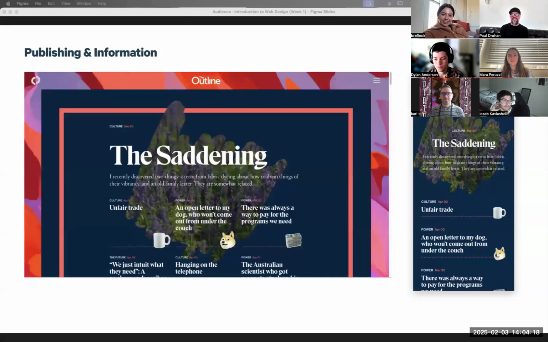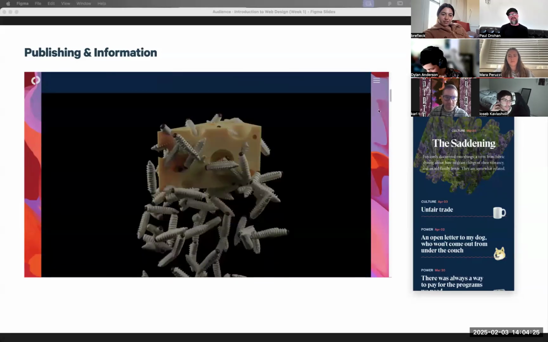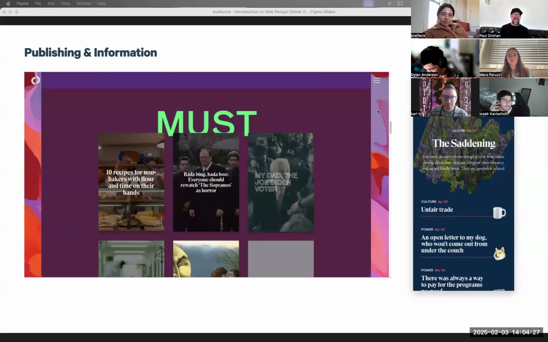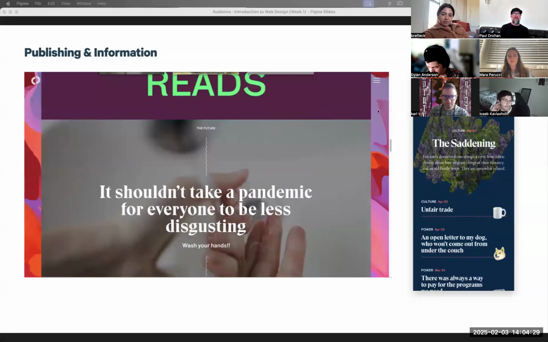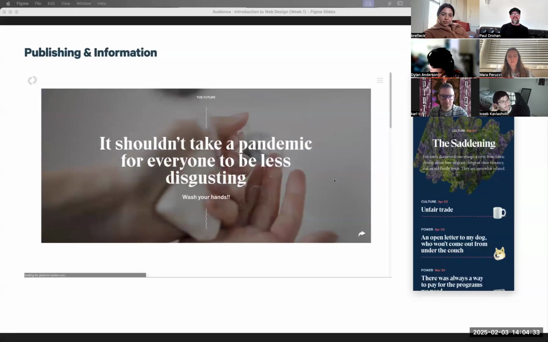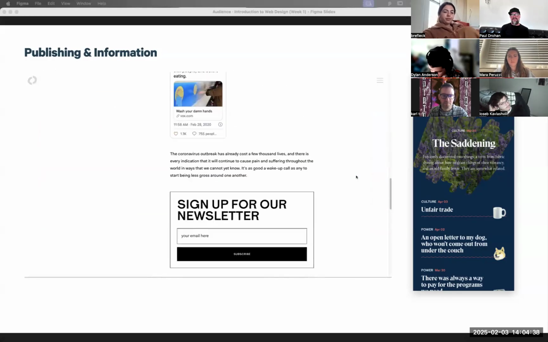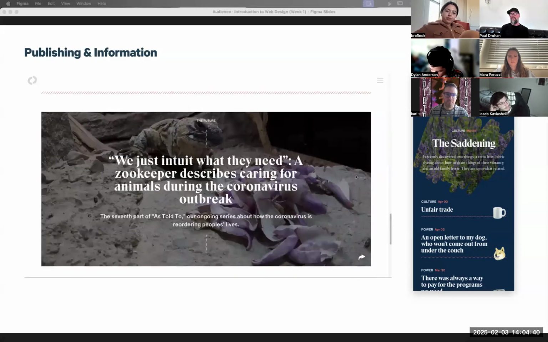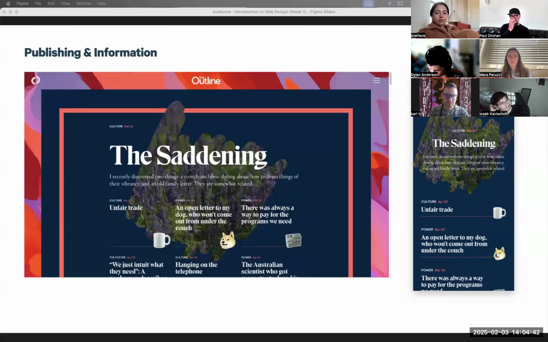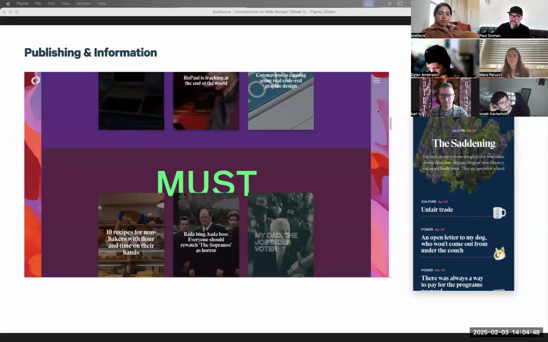Next, publishing and information. So publishing and informative sites, whether it is a news organization, a blog, a tabloid, or a government website that is trying to inform the public of something, these websites are focused on delivering content. And this content doesn't have to be text-based, it can be video. I'm also going to pause on that because publishing information websites are primarily dynamic content,